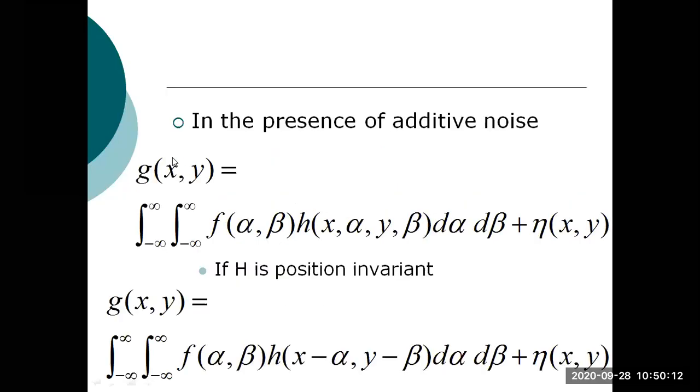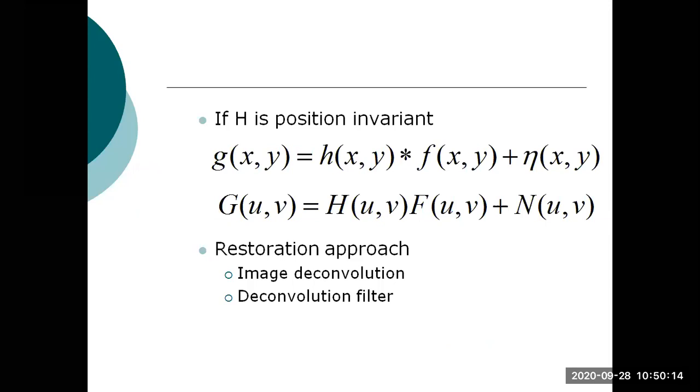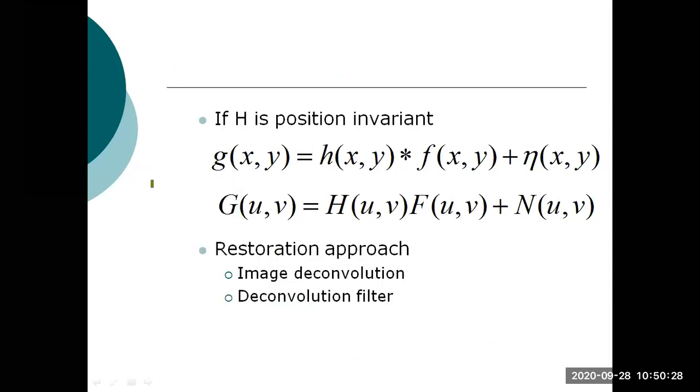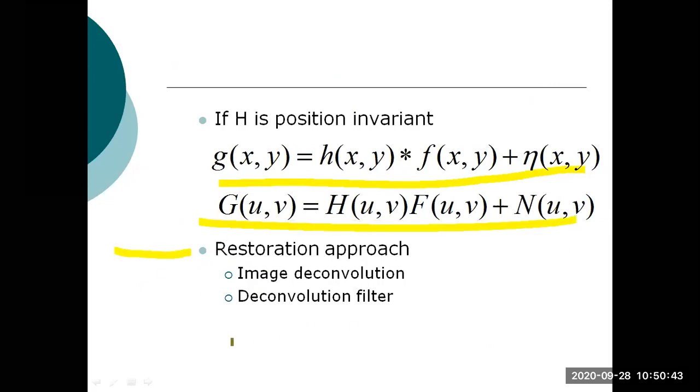Okay. After all our derivations, finally we have derived our function. What is our function? Our output function is the output after additive noise. That means this is our block of additive noise: a convolution of two functions plus addition of noise. This is the spatial domain, and the second one is the frequency domain. The next step, the last step, is restoration.